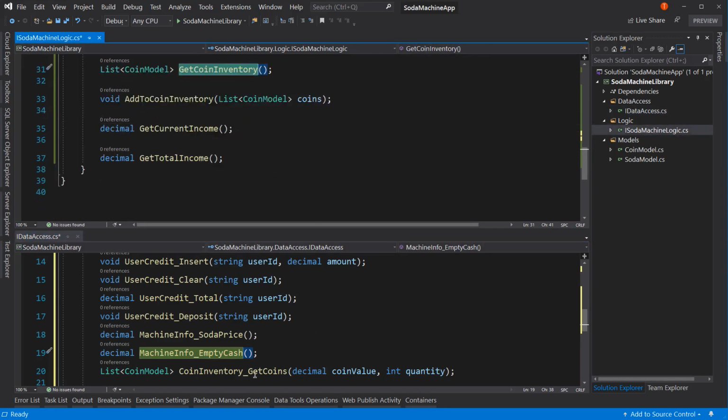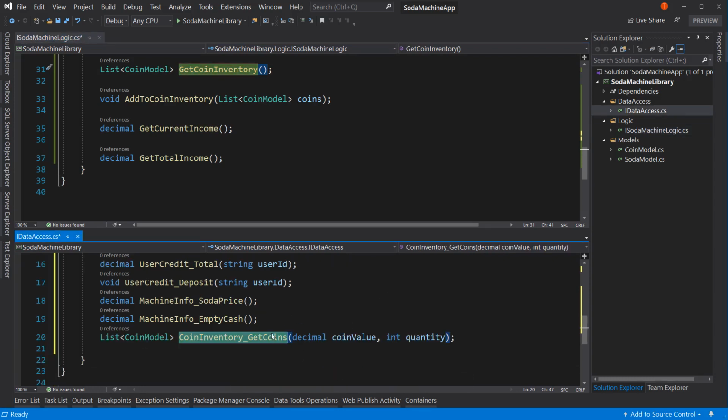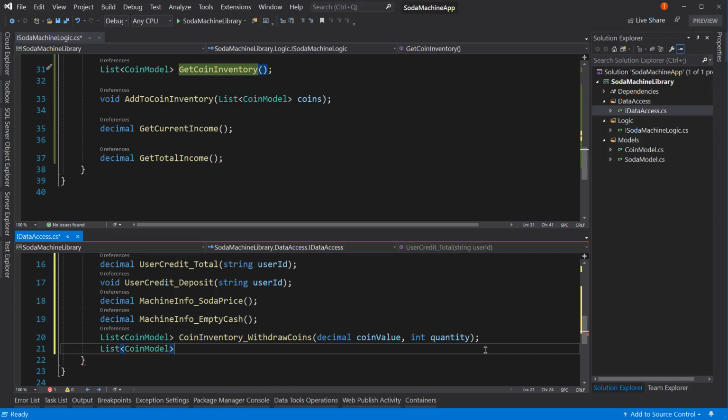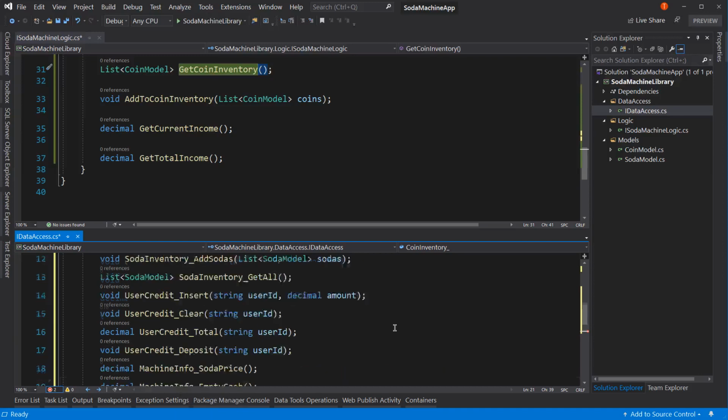Okay, we're on line 31 now, which is get coin inventory. We have get coins, but that's to remove coins. Let's make that a little bit more clear. Instead of get coins, it's going to be withdraw coins. Now, it may not withdraw a coin if there's no coin to withdraw, but that's withdraw coins. So now we're going to have a separate one, which is inventory of coins. So list coin model, and this is coin inventory underscore